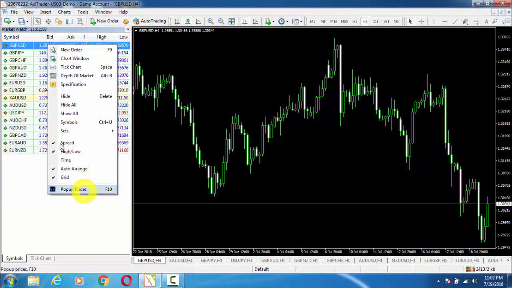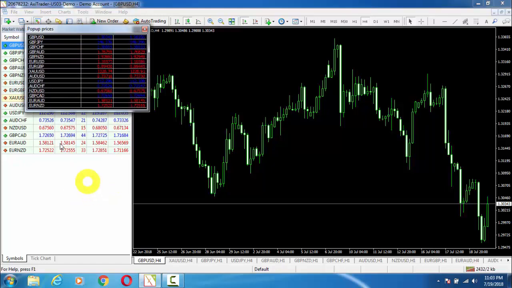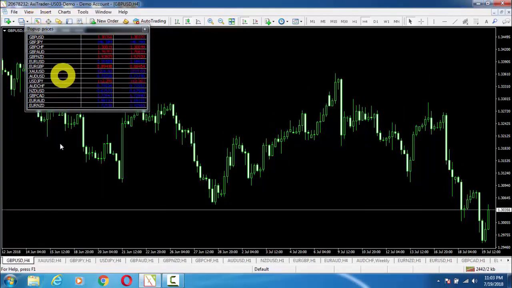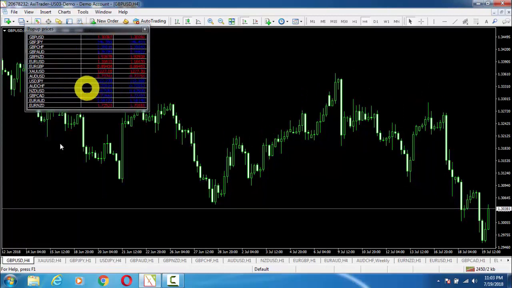What traders basically do at the end, when they want to hide the market watch and they are trading on different pairs, just click on pop-up prices and it will give us a new window. For example, if I want to hide my market watch, this window will still appear here and I will see all of my currency pairs.